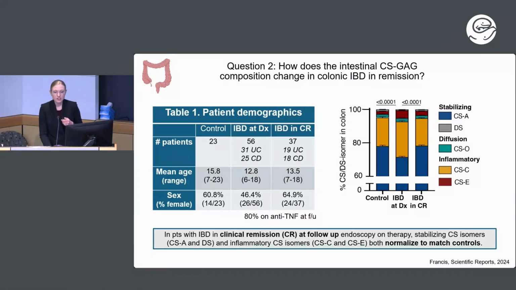So the CS-GAG changes seen in active IBD are not just a predisposition to the disease. They're actively being modulated by the disease activity, and they may be involved in disease pathogenesis. And if this is true, they could represent a novel treatment target or even a biomarker or clinical predictor tool. So if this were the case, I hypothesize that these CS-GAG findings might correlate with disease activity.